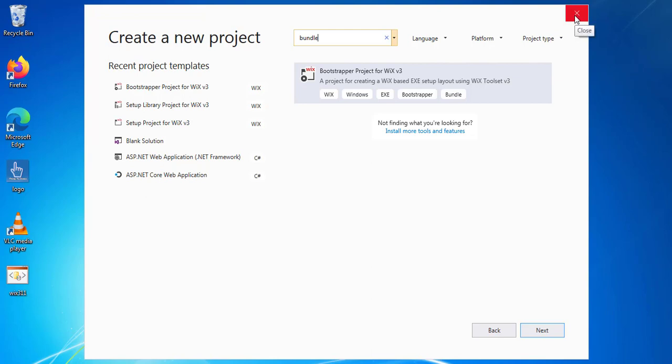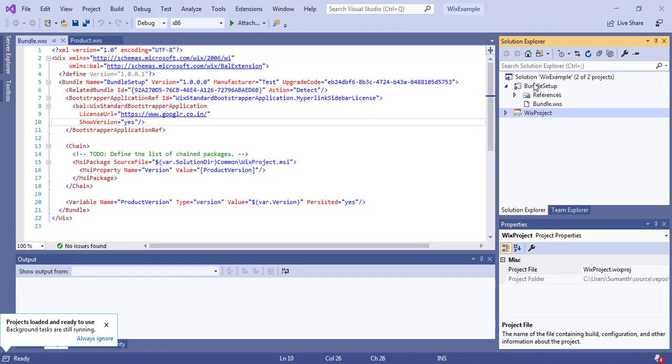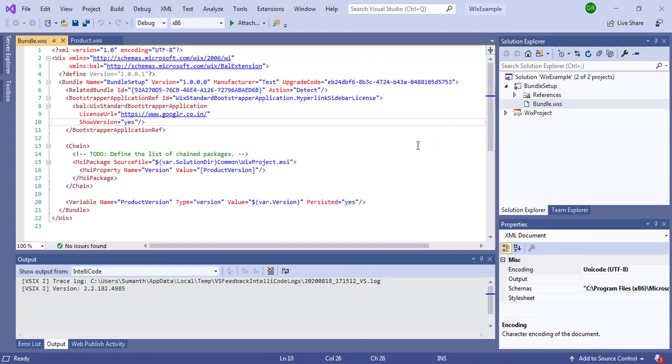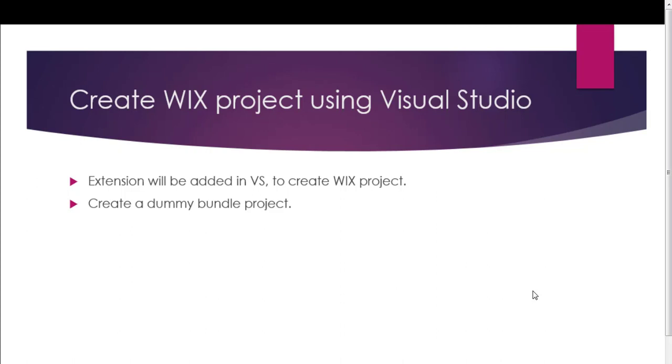For now, I have already created a bootstrapper project for example, so I will open that and explain how to move forward with further steps. For example purposes, I have already created a bundle project with the Visual Studio default selection. Whenever you create a bundle project, you will get a bundle.wxs file. This is the starting file, or you can think of it as an initiator. So we have seen how to create a bundle project. Now let us go to the next slide and understand the basic tags and file types that are present in the WiX Toolset.